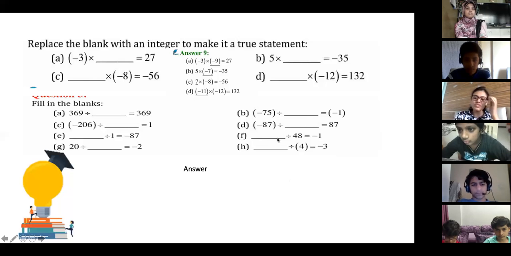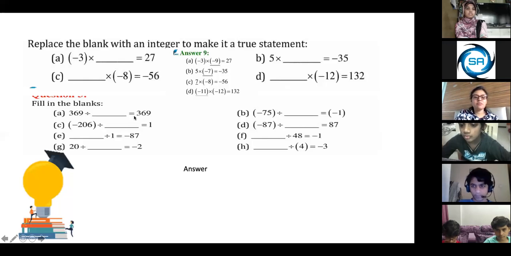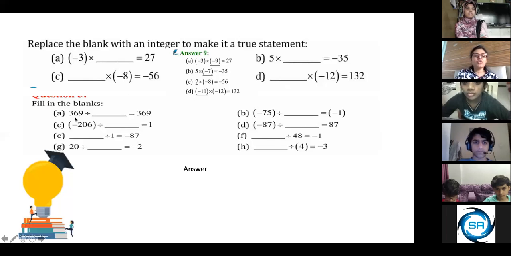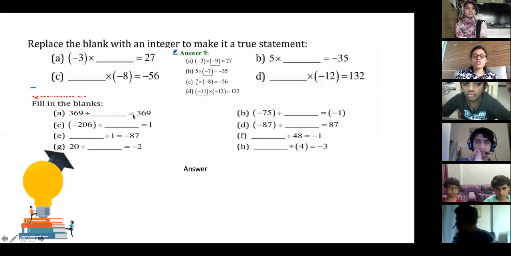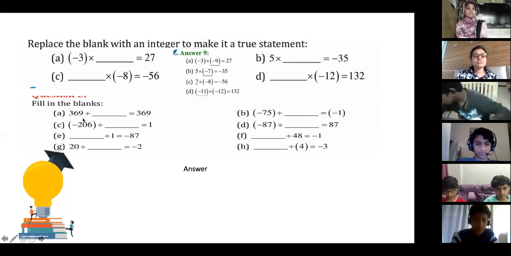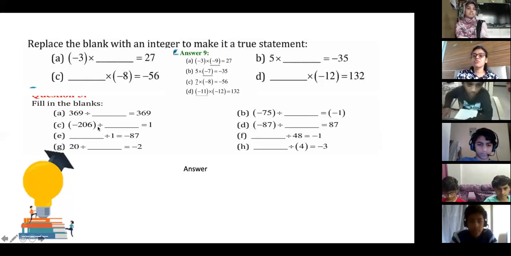See what we do. Here, small numbers are there. It is easier to solve. Like in this question, Safia got stuck. What should I do? In these types of questions, divided by, and when the answer is given, you know that whatever is divided over here, when it goes on the other side of the equal to sign, the opposite thing takes place. Like this is 369 divided by something, suppose x, is equal to 369. So I want to find out the value of x.